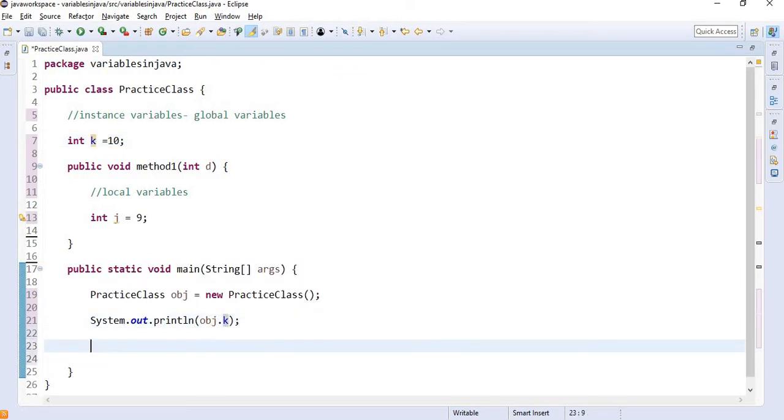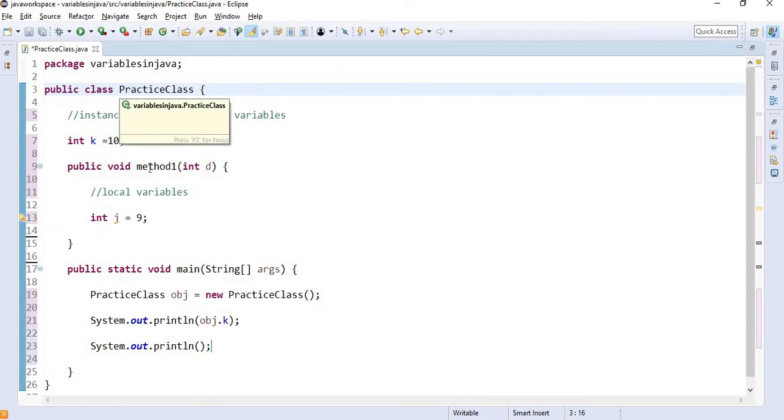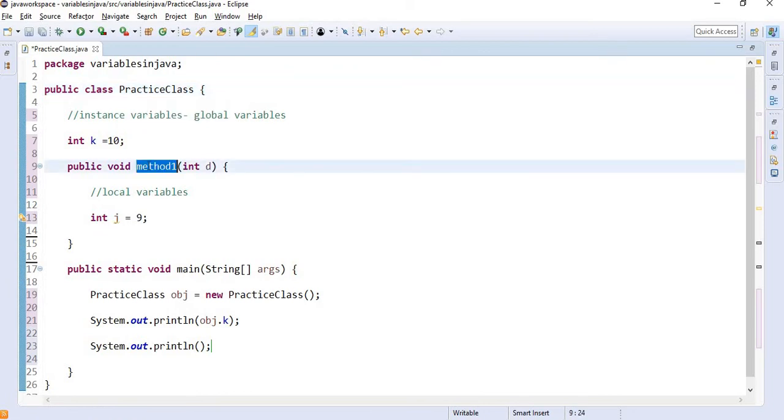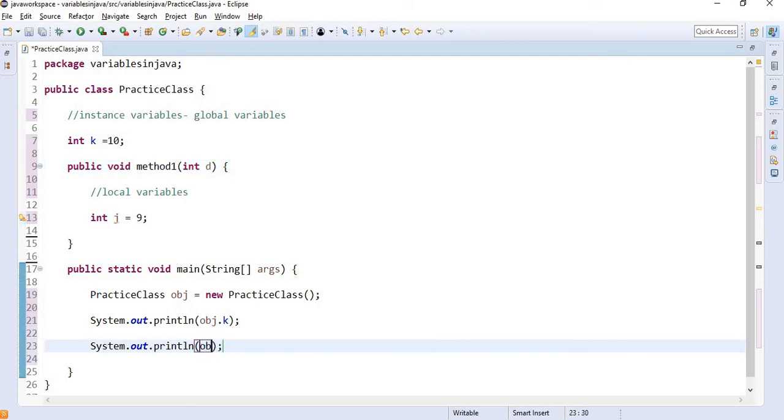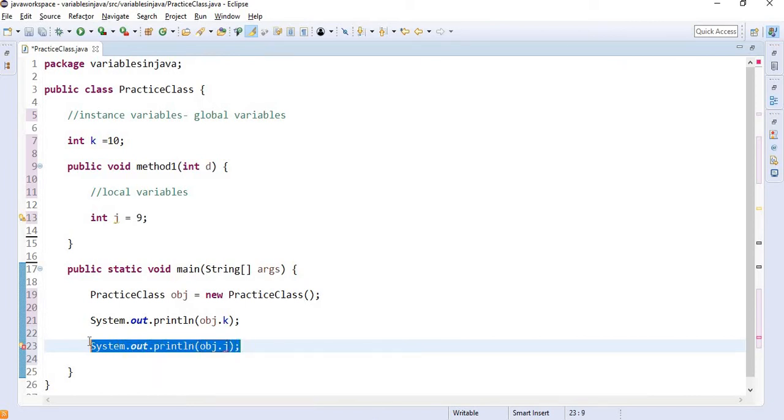But if I try to access the j variable using the class object, I will not be able to. If I say obj.j, this is not allowed. The compiler shows an error.